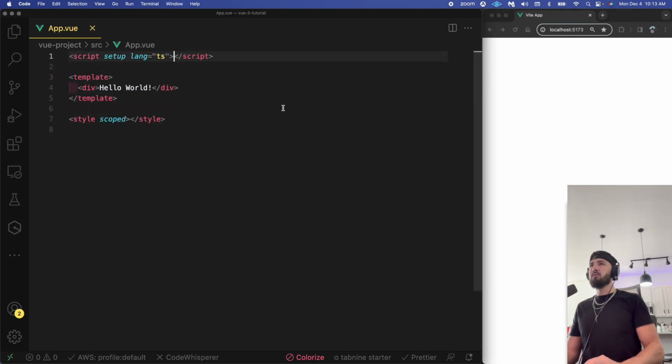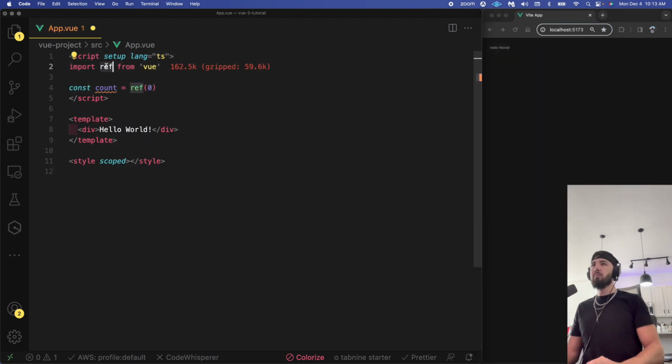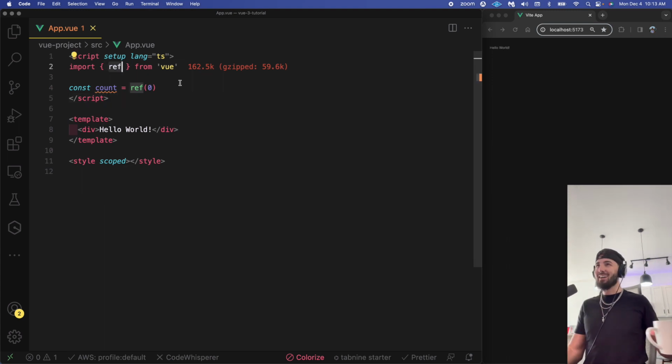Let me see, guys, dealing with a little. There it is. Okay. So I didn't have my import tag correct. I think I need to destructure it. There it is. Okay. So that was just small syntax, guys. It's been a moment since I've been in Vue, but we're gonna get into it. We're gonna dive in, and at least you know this is a